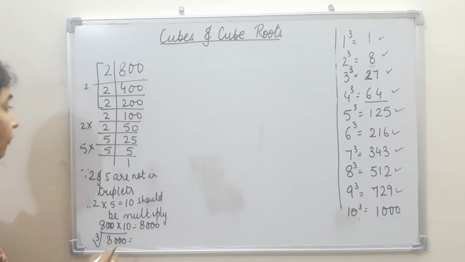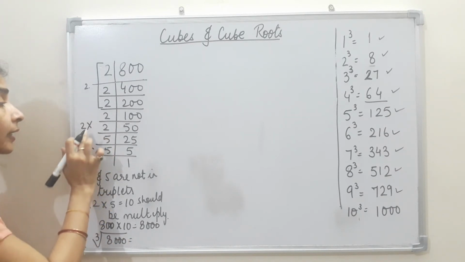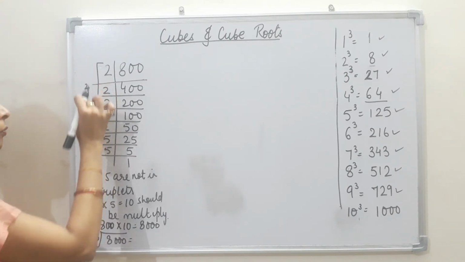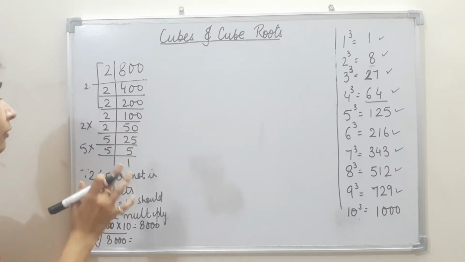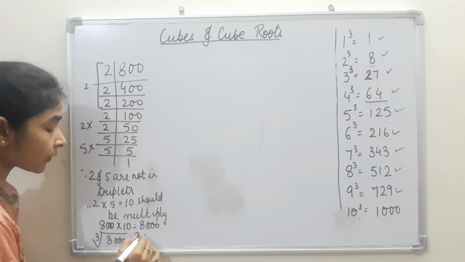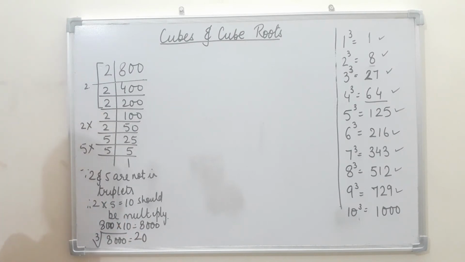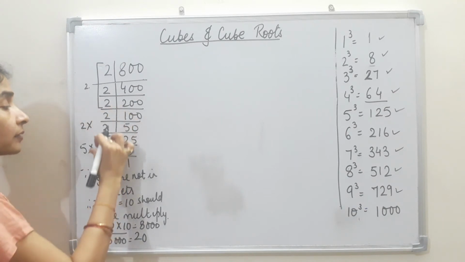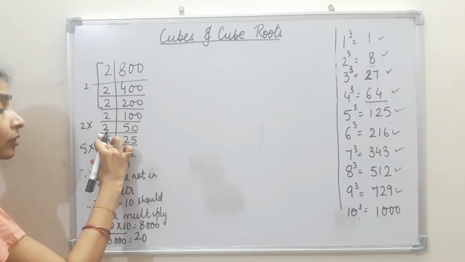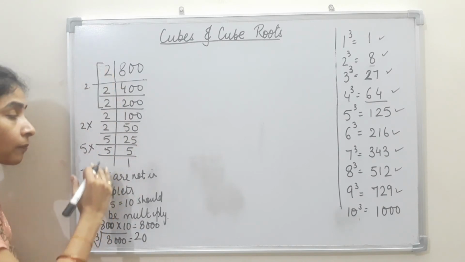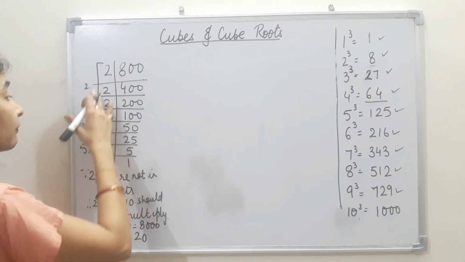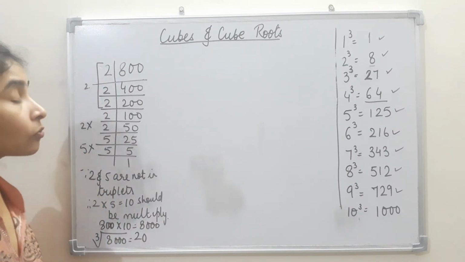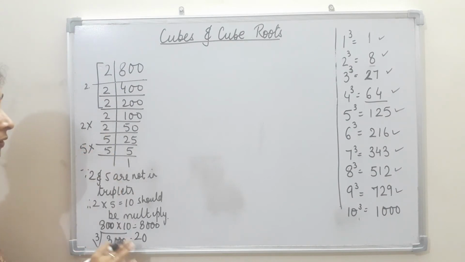What will be the cube root of 8,000? When 2 into 5, 10 is multiplied. So 1, 2 we are getting here. 1, 2 we are getting here also. So 2 multiplied by 2 gives us 4 and 4 5s are 20. So cube root of 8,000 will be 20. We need not calculate again because we know that when we multiply 1, 2, then this 2 will come in triplets, and when we multiply 5, this 5 will also come in triplets. So we can observe it and calculate here itself that 1, 2 is multiplied, so we get 2 in triplets. So 2 into 2 and 1, 5 also we get. So the cube root of 8,000 will be 20.